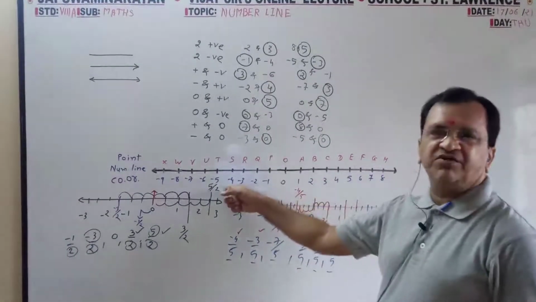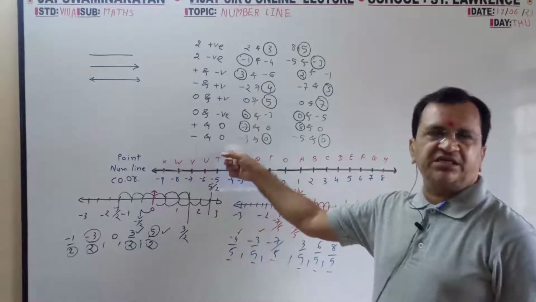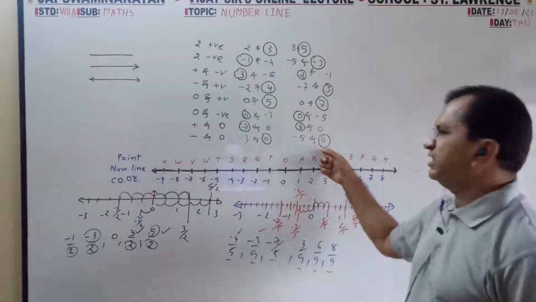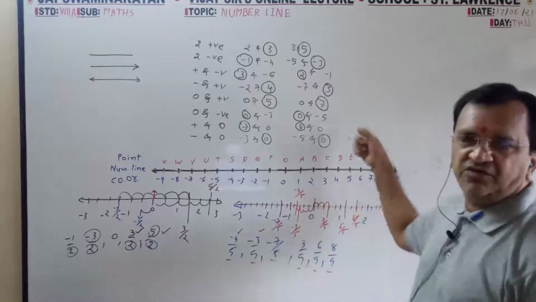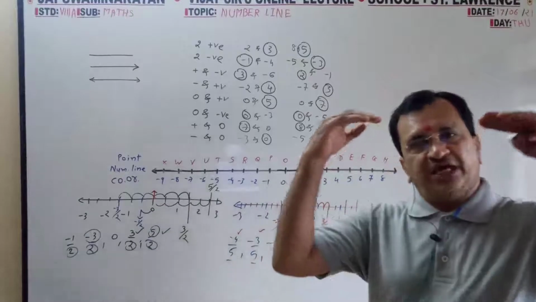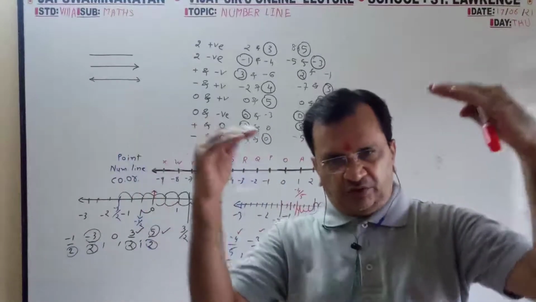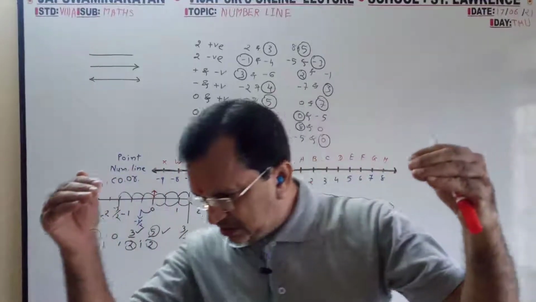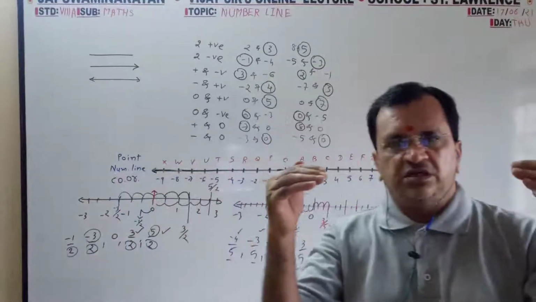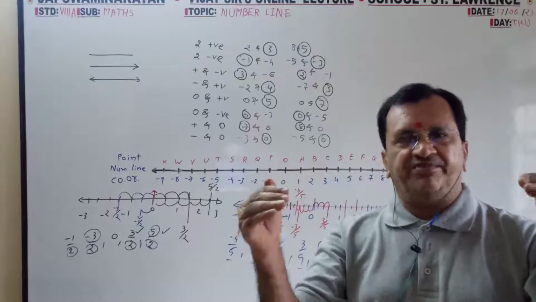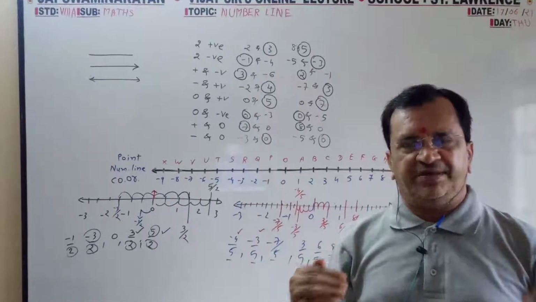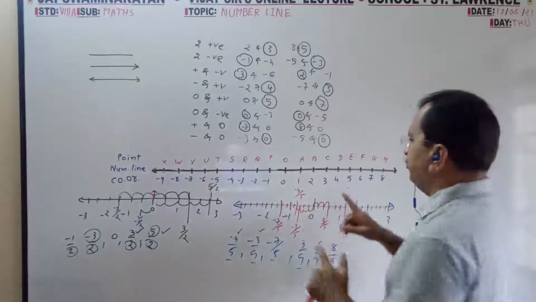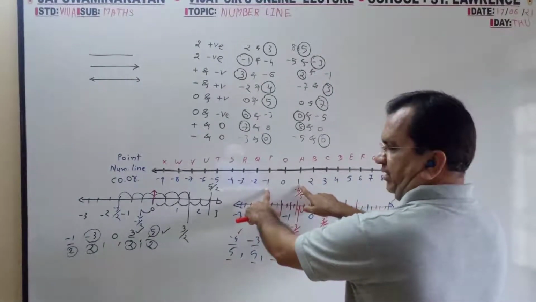Minus 4 represent which point? It represent 2. 3 represent which point? C. 5 represent which point? E. So they will give point, you have to write the coordinate. Suppose they will give the coordinate, you have to write from point. When point is given, you have to write number. When number is given, you have to write point. Okay, ulta ulta. Then with the figure, you have to point out two number.